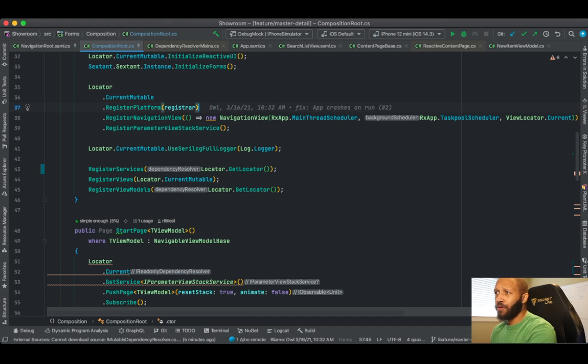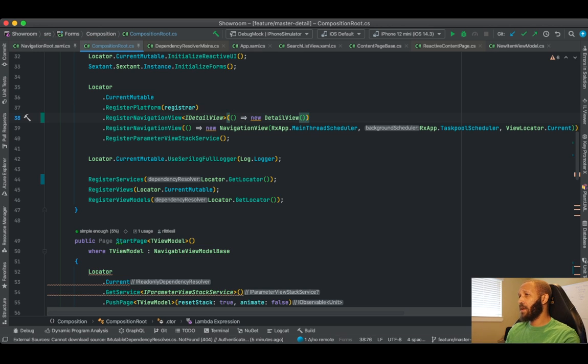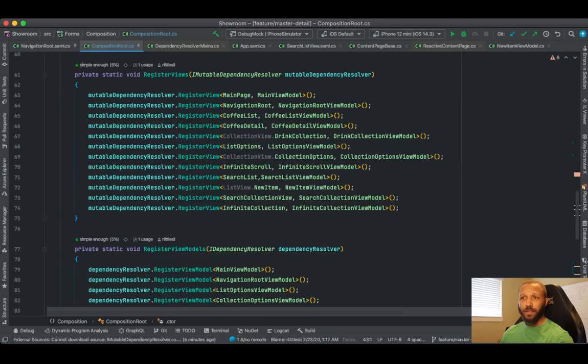Register platform. Register navigation view of type iDetail view. And then we're going to go ahead and say create a new detail view. Oh, that might just work. Okay, so now if Rodney thinks he knows what he's doing,